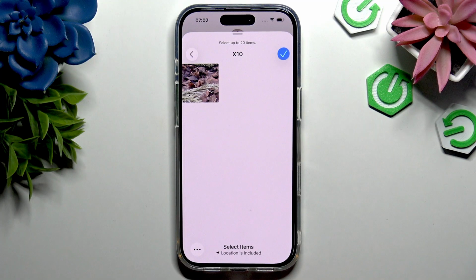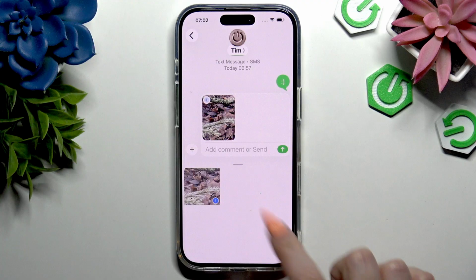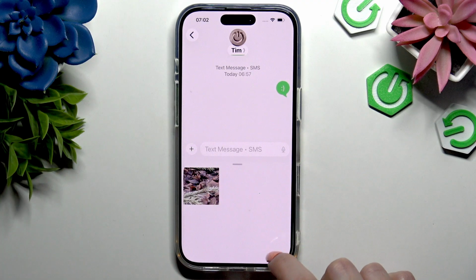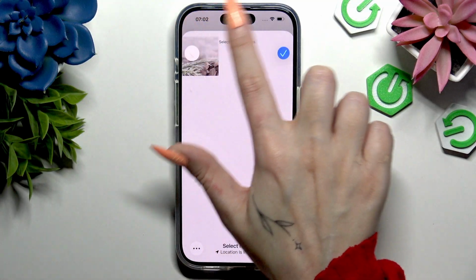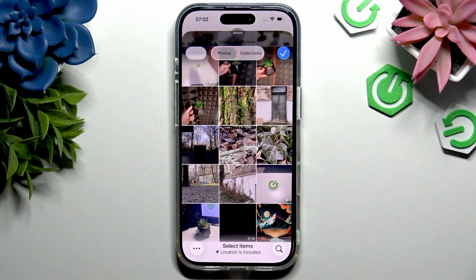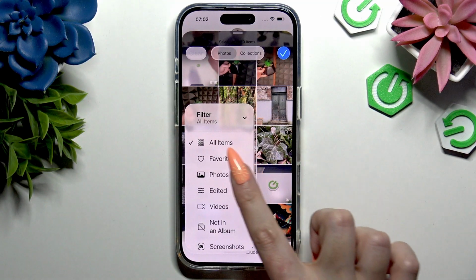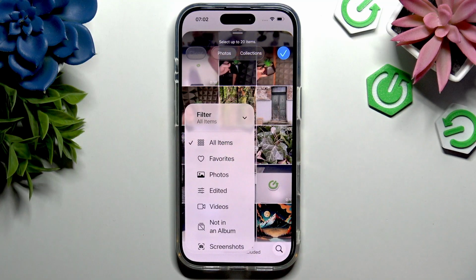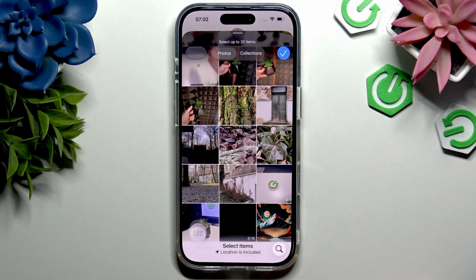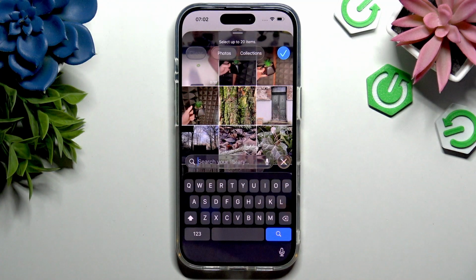After finding your photos, tap on the chosen ones and attach them thanks to this check mark at the top right corner. If you still can't find them though, don't worry, you need to go back to the Photos section and use those two tools people forget about. Those three dots over here, if you want to sort your photos or use one of those filters to look easier, or this magnifying glass at the bottom right corner that can let you type